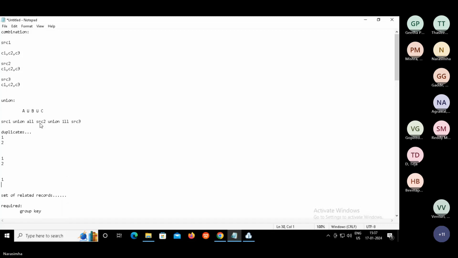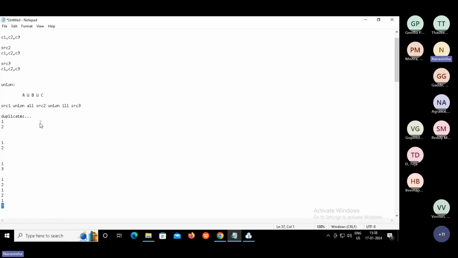Now tell me, guys, after union, what is the result? 1, 2, 1, 2, 1, 3. So this is going to be the result. It doesn't look at whether we have duplicates or not. It is going to blindly perform combining the data from all the source systems. That is the goal of union all or union transformation. So union by default does union all. Clear, guys? The concept is clear, right? Yes or no? Yes.